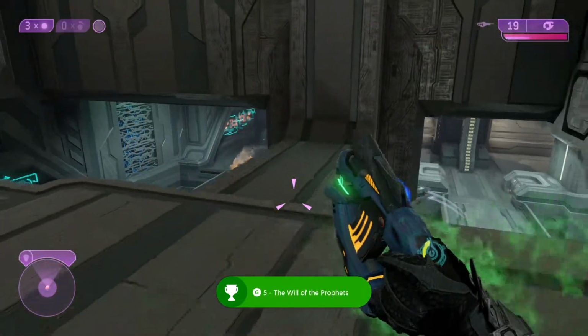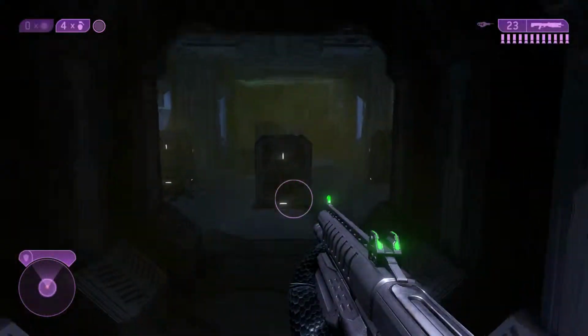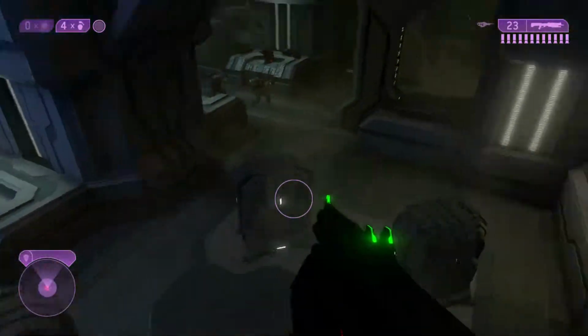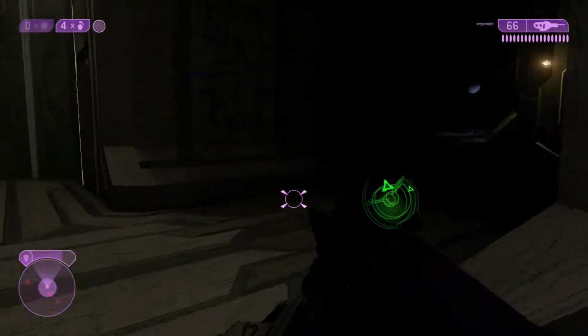All right, so we got our achievement, the Will of the Prophets. I think that's the Prophet of Regret. Or Truth, or it's one of the prophets. Anyway, you'll get onto this part where you're fighting the Flood. You'll drop down a couple tubes. Right after you drop down one of the tubes, you'll see this stack of boxes. Jump on the stack of boxes and head to your right while you're getting shot in the back by millions